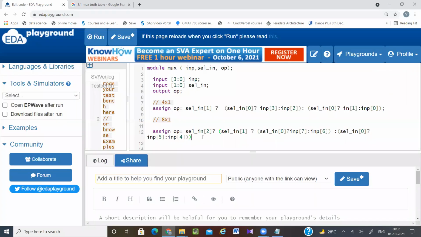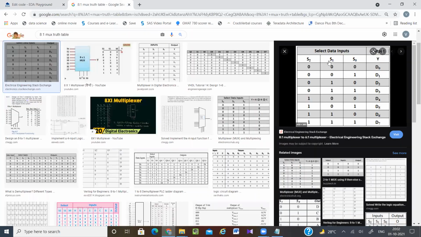That means this is my select_in 2 true part. Now same thing I will copy. So this is the false part. Everything will be same, whatever the S1, S0 index, that will be same. Only this output will change.